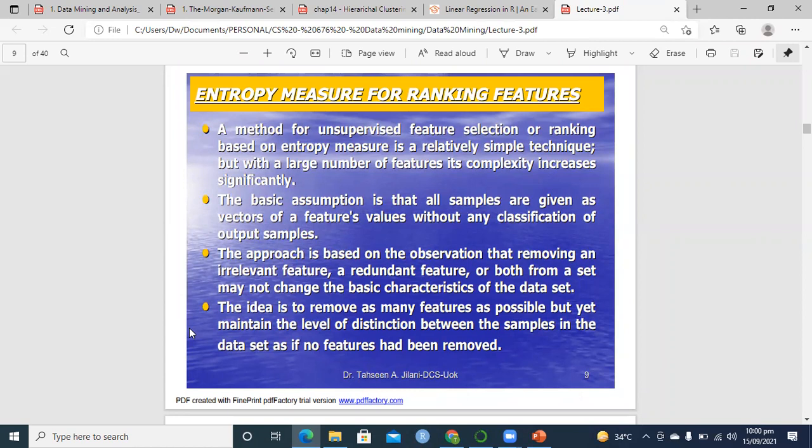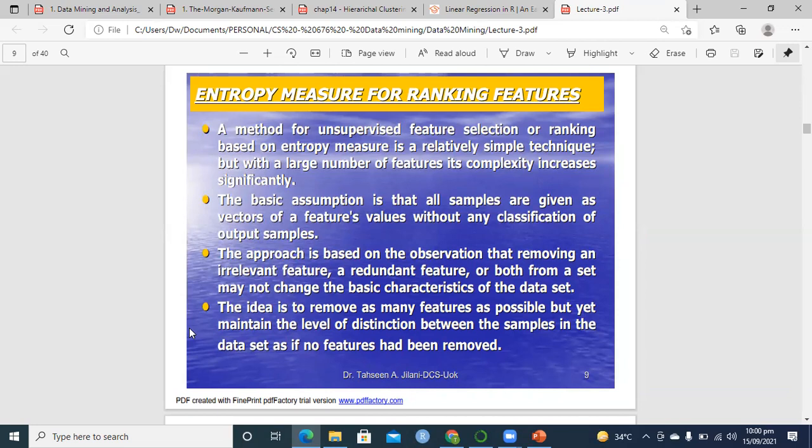But if removing a person, the entropy of the system increased to, suppose, 20% from 10%, that means that person was 10% effective or efficient out of 100. So that person should not be removed, or some other person should be analyzed again. So they will remove one person at a time and calculate the efficiency and entropy, then remove the second person, then again calculate entropy and efficiency, then remove the third person, then the fourth person, up till the last person, the 10th person, is removed.